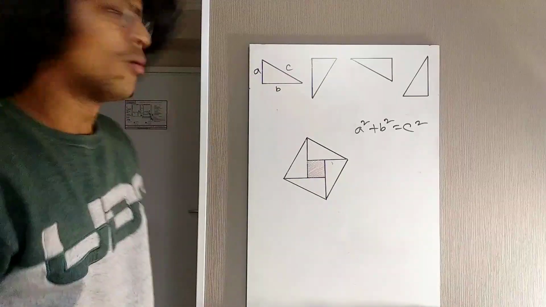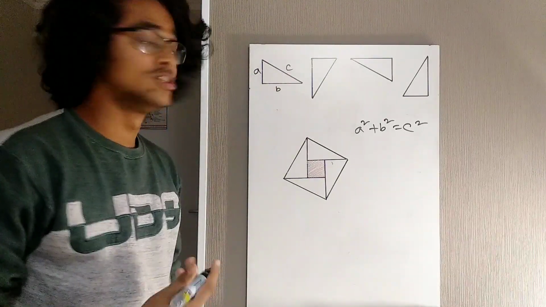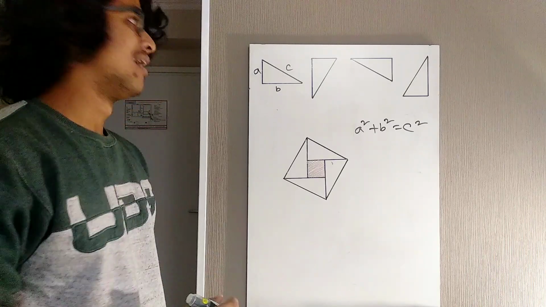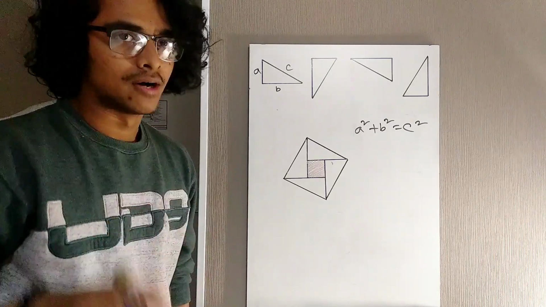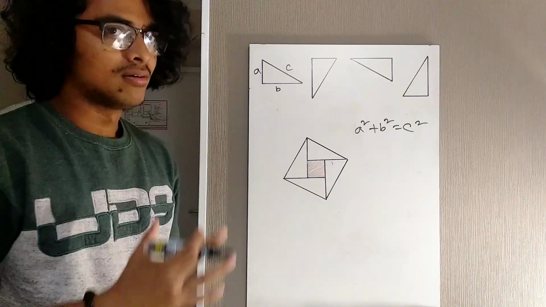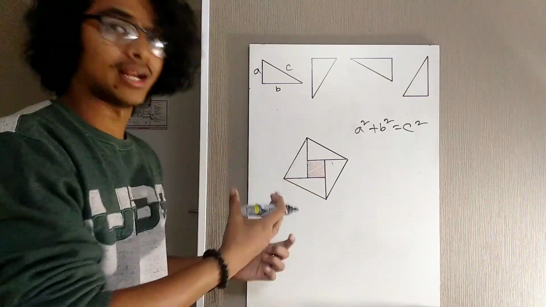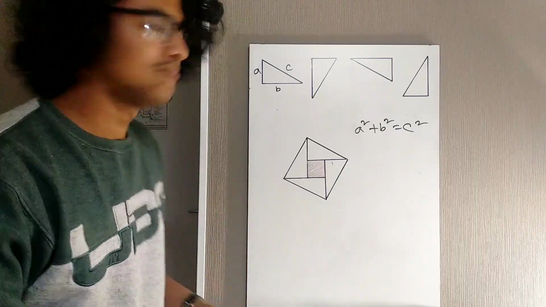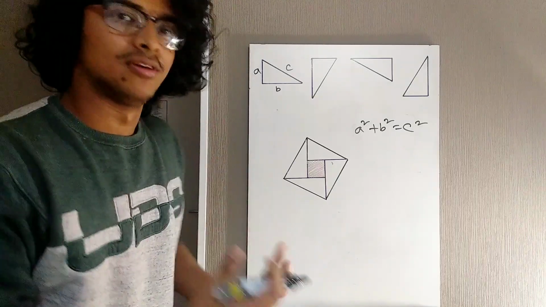And it's probably one of the most famous theorems in geometry, and I think it's one of the most famous theorems in mathematics in general. There are hundreds of proofs out there, but in my humble opinion, the proof that I'm going to show you right now is probably one of the simpler proofs out there. All right, so let me take you through the proof.